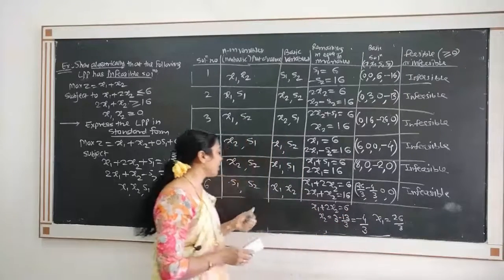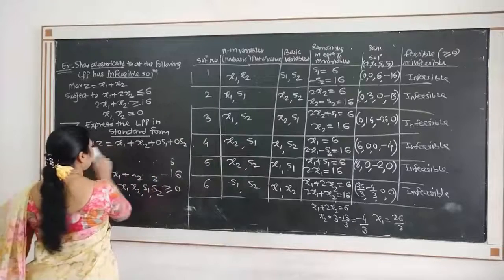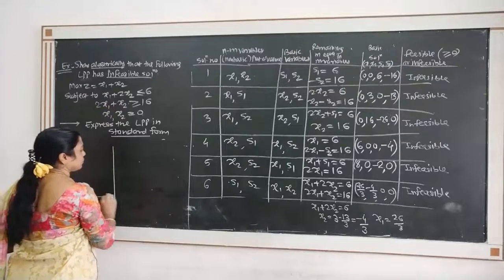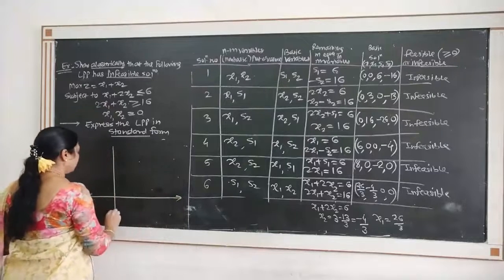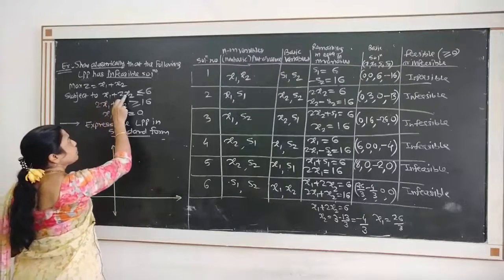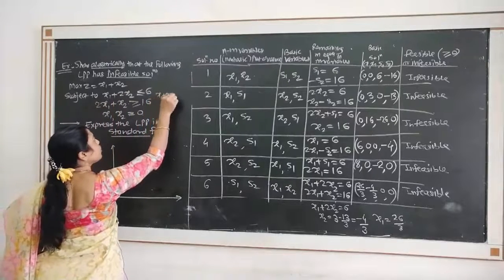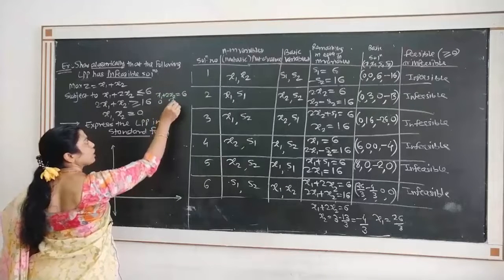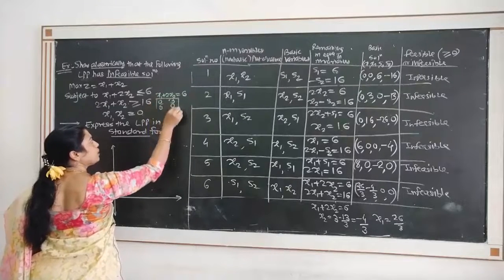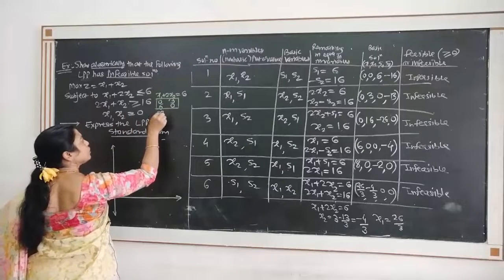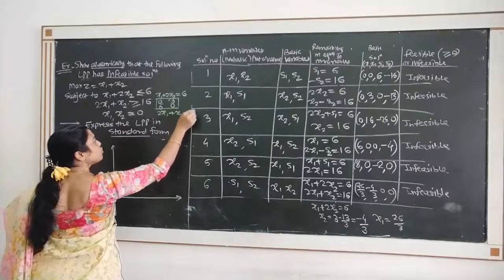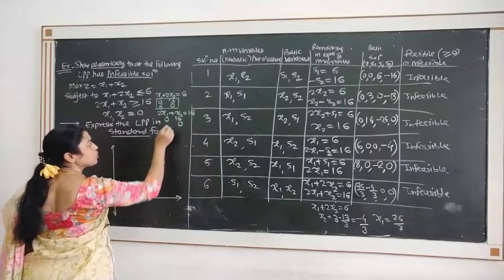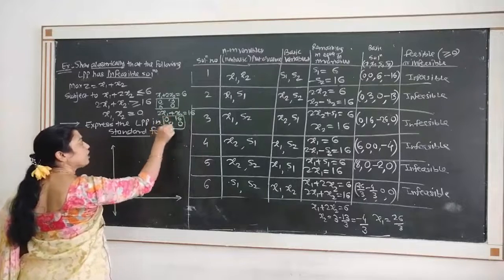If you draw the graph, you will get the idea. See here, I will draw the graph for this. See the first equation, I have x1 plus 2x2 is equal to 6. When you put x1 0, we get x2 3. When you put x2 0, we get x1 is 6. So these are the first 2 points. If you take the second equation, we have 2x1 plus x2 is equal to 16. When you put x1 0, x2 is 16. When x2 is 0, x1 is 8. So these are the next 2 points.